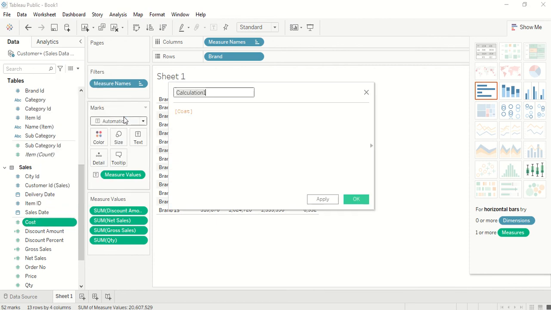What is cost of goods sold? Let me rename it first of all. Cost of goods sold is nothing but cost multiplied by quantity. Basically it is not necessary that cost of goods sold in an industry is purchase price. Other than purchase, you have storage, you have freight, you have too many things to keep that particular item. So what we do is we look at a particular item, what is the overhead around it, and including that overhead, we call it cost of goods sold. So this is the cost I'm actually incurring for that particular item which I'm selling right now. Based on that, I'm going to get my margin.